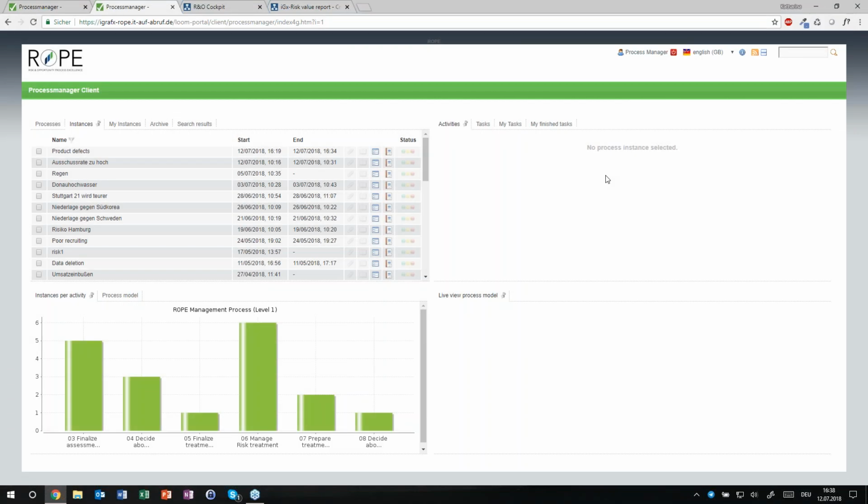So now we've seen our risk process. We started with risk identification, risk assessment, then we had a look into the risk reporting, then we talked about the control, the measures, the actions to be taken, the performance of the actions, and then further analysis and reporting possibilities. And with that, I would like to hand back to Stefan to talk about a bit more of the advantages, and then we can have our Q&A session as well.